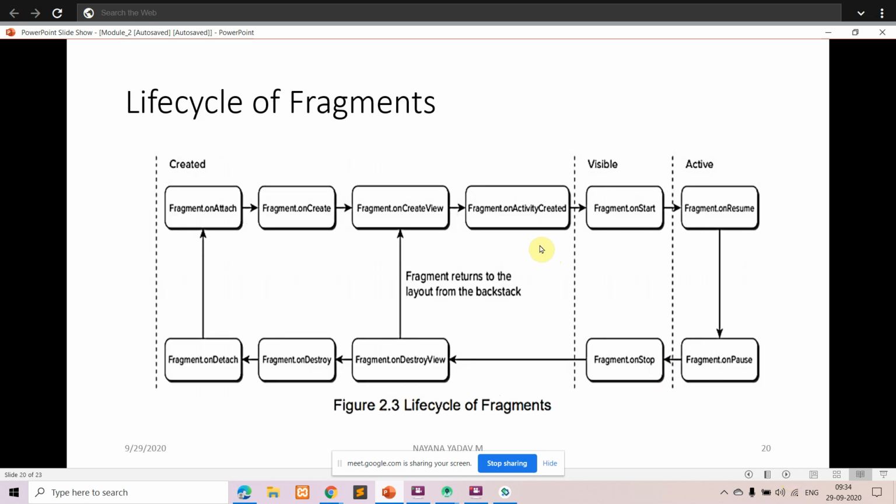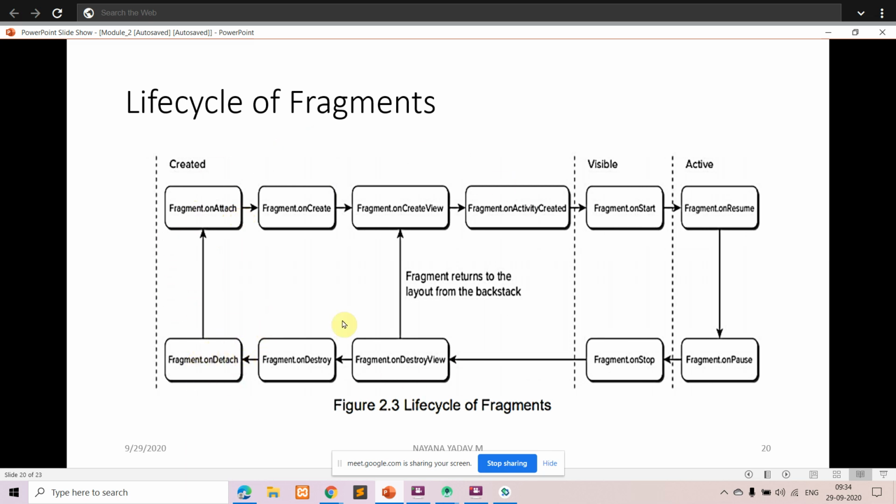Then again, we'll go in for the life cycle of a fragment. We said that an activity can move through different stages. Similarly, fragments also move through different stages. The first stage is onAttach, in which the fragment instance is associated with an activity instance. The last one is onDetach.